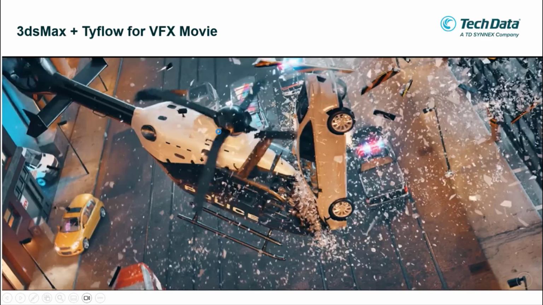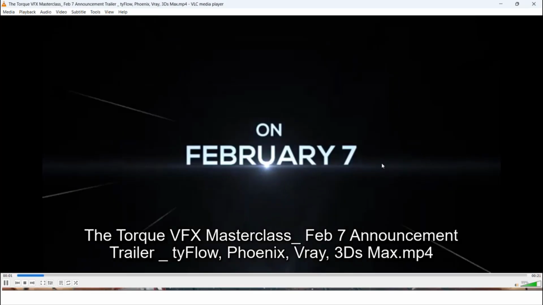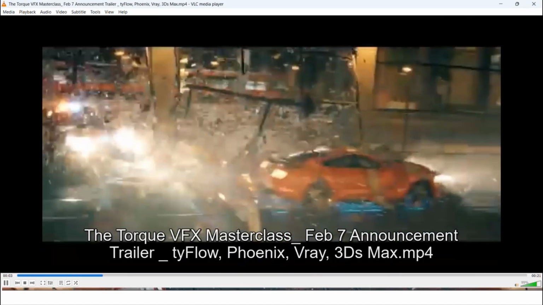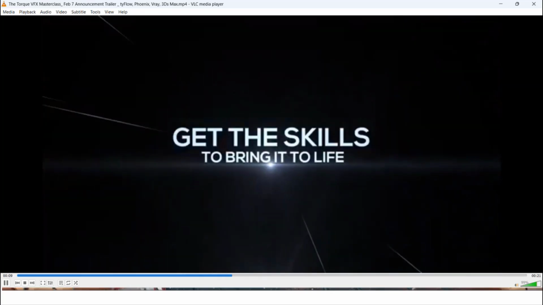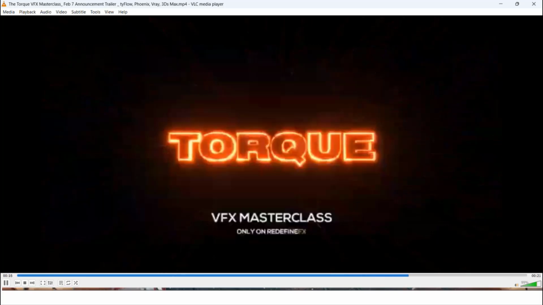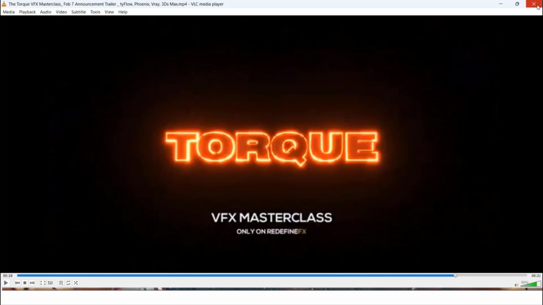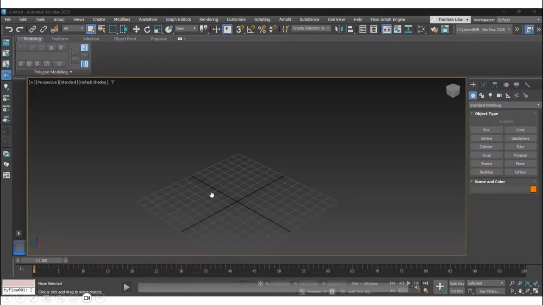When you see this, some movies were created using TyFlow. I think some movies and some advertisements use TyFlow. Why use TyFlow? So we can see. This is the start of the demo.